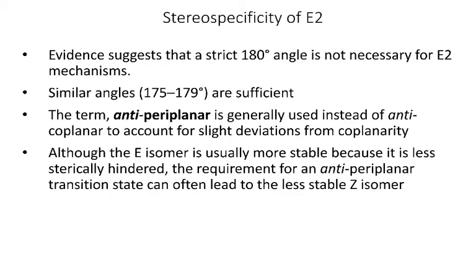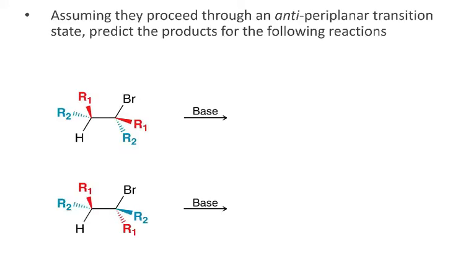Now, in reality, we don't have to be exactly planar. They can be shifted a little bit. And so the term that you'll see most often, rather than calling them coplanar, is anti-periplanar. All right, so if we wanted to predict the products, here's our leaving group, here's our hydrogen, and so